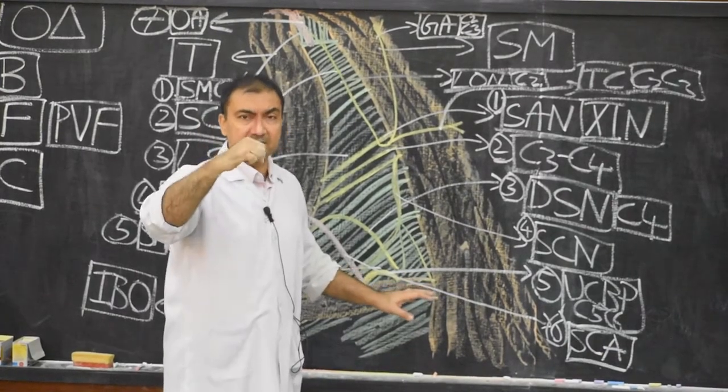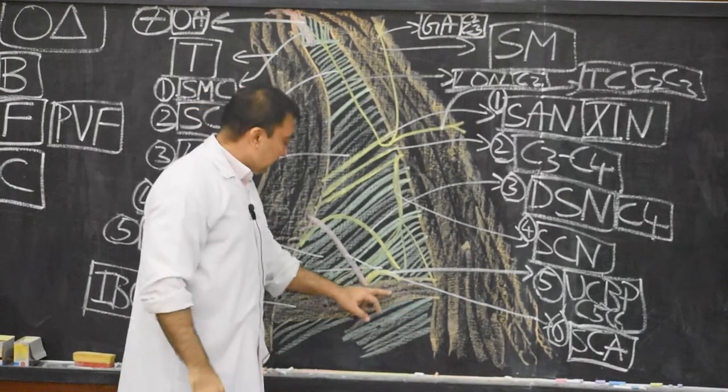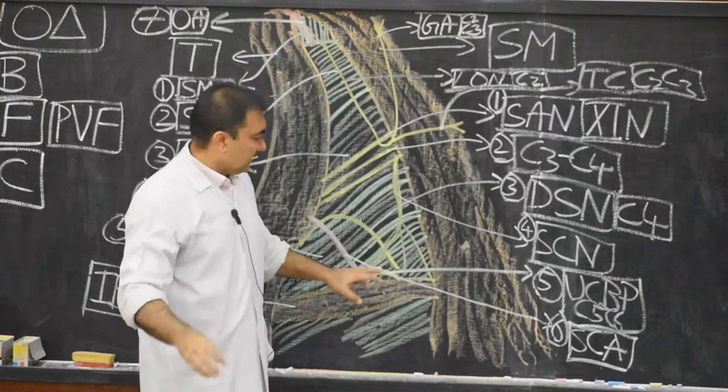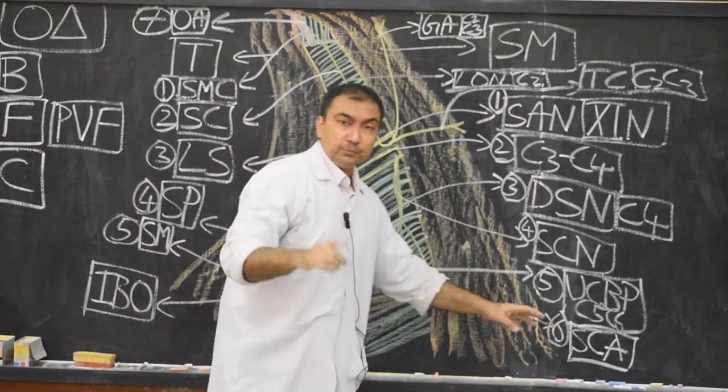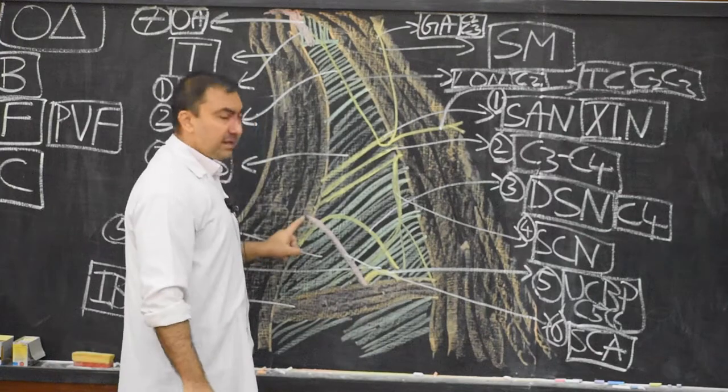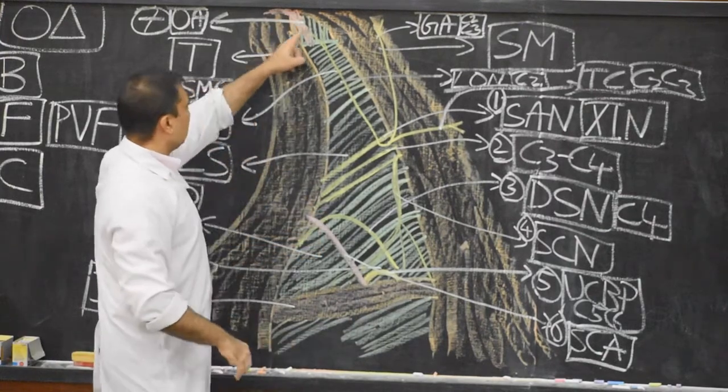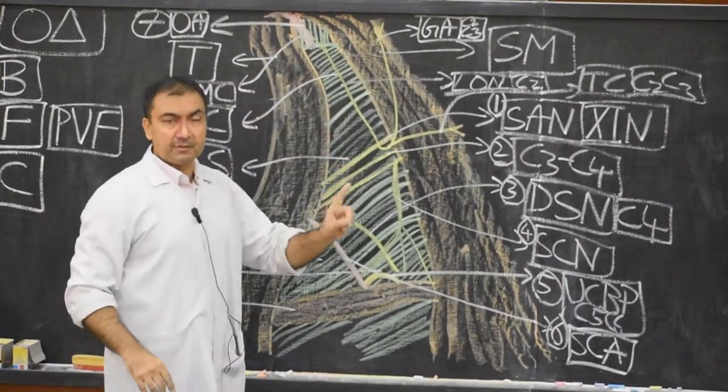It will just peep in this triangle between the inferior belly of omohyoid and scalenus medius muscle. Content number 6, superficial cervical artery, and content number 7, occipital artery. So here we finish the occipital triangle.